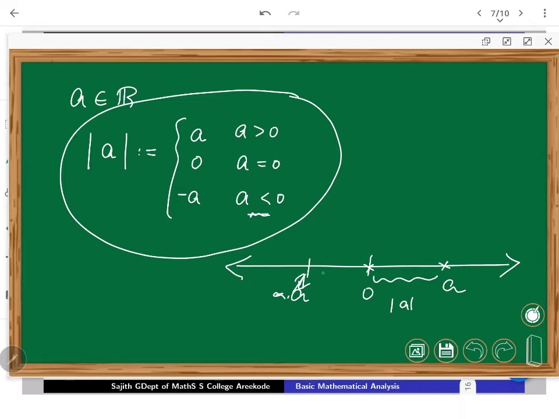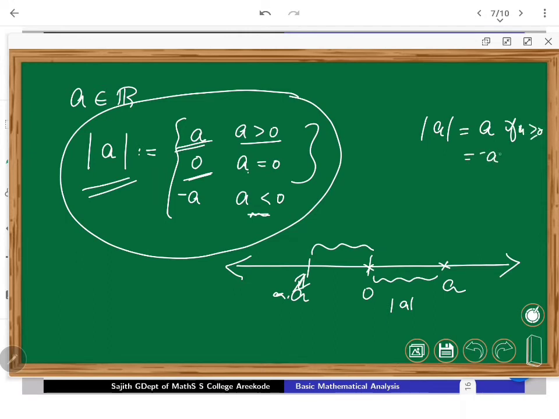So, once it is lying here, this is particularly the distance going to come. Whatever quantity you are trying to write down as a, make it the additive inverse of that, then that comes as the modulus value of that. That is why it's giving distance. So if a is positive, take a itself, 0 also 0. Combiningly one can write mod a can be defined as a if a is non-negative, and take the additive inverse to make it always non-negative if a is less than 0. This can be given as a fundamental definition for the absolute value function.